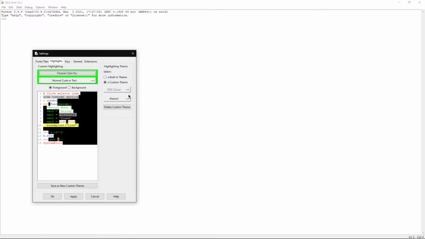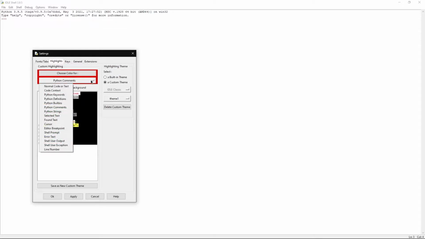You can do it like that, or if you want a built-in theme or built-in presets, you can do that too. I will show you that after some time. Select this custom theme and select which theme you want. Here I have Theme 1. You can change it to many themes I have created before, and you can change all of this.